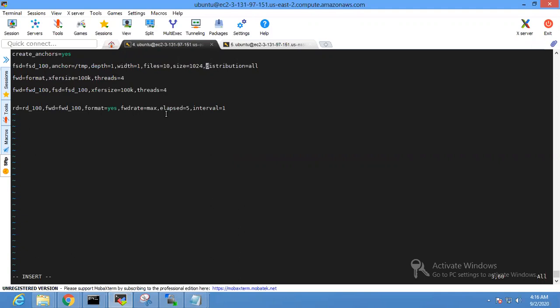Depth is like how many subdirectories, right? Width is something on a particular directory, how much you can horizontally scale. Depth is something vertical, and width is something horizontal. Okay, then once you define the storage definition, then you have to define the workload definition, and the